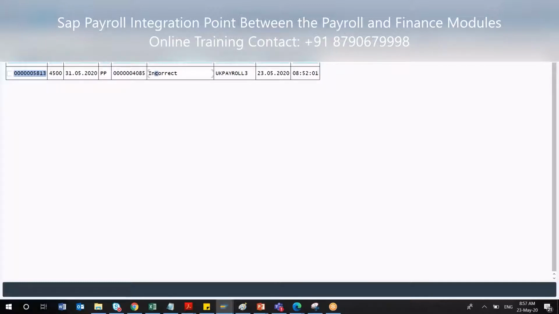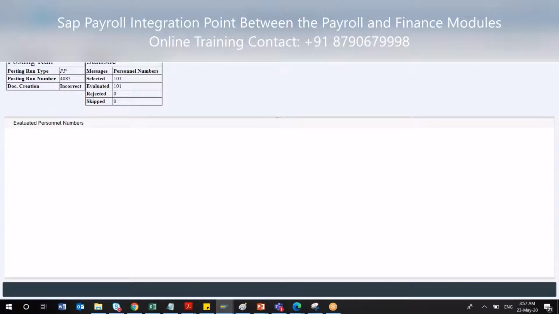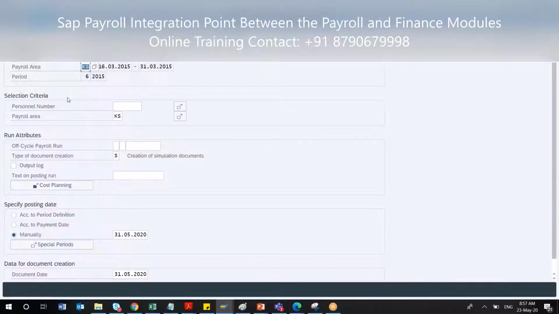Okay. So these are the common issues we generally get. These types of issues are common in the initial phase of your implementation. Suppose something is missing in your configuration, or after a period of time you have created a new S type and have not properly assigned your symbolic account, or something is missing. Then you'll get these kinds of errors in this transaction. Once it has been corrected, and it is green and shows the correct status, only then will you be able to release this posting to finance. In this way you can run a typical finance posting run.